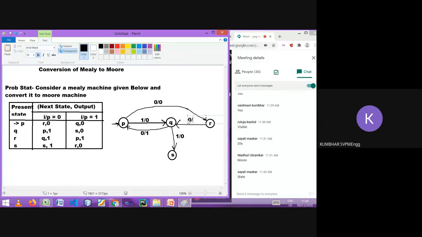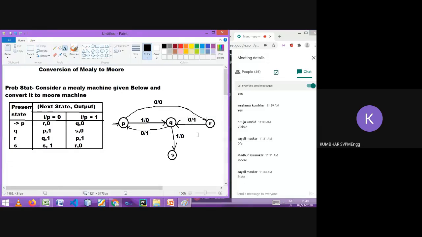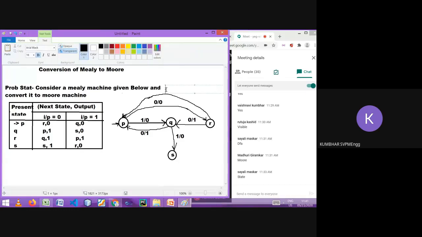And then R on 1 goes to P. So I should show that from R to P, one transition. And this transition has input 1 and output 1.